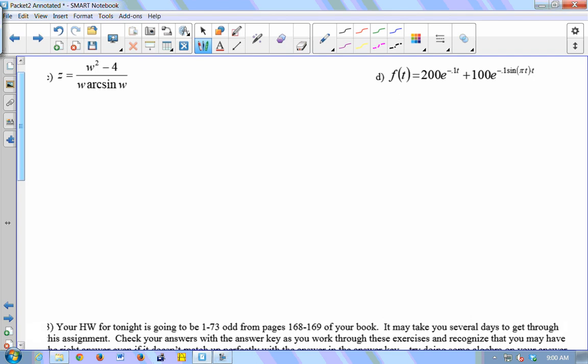All right, when you look at C, what's the first thing that you see? What jumps out at you? Quotient. Okay, good. So yeah, let's start with the quotient rule. So z prime is going to be the denominator, w arc sine w, times the derivative of the numerator, which is what? Denominator times the derivative of the numerator minus the numerator